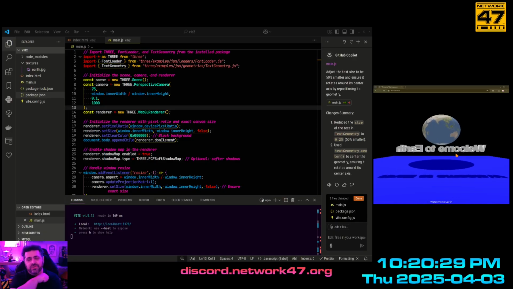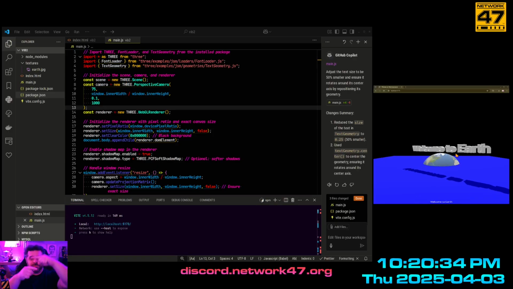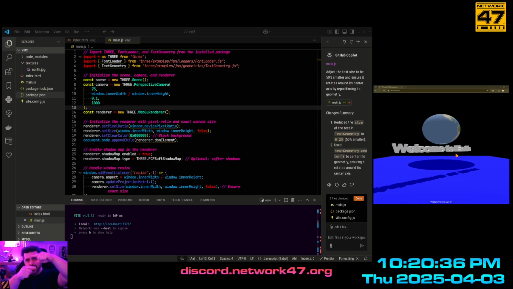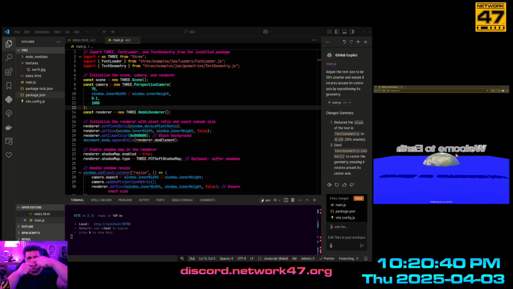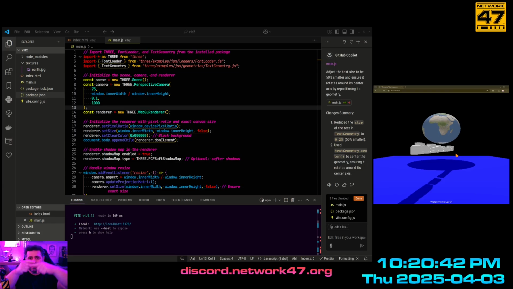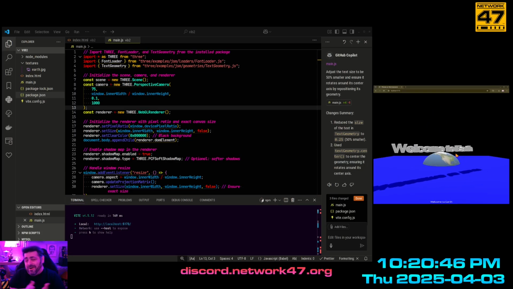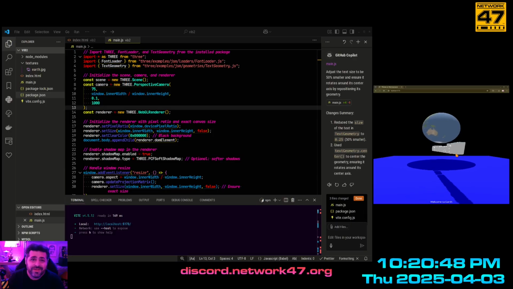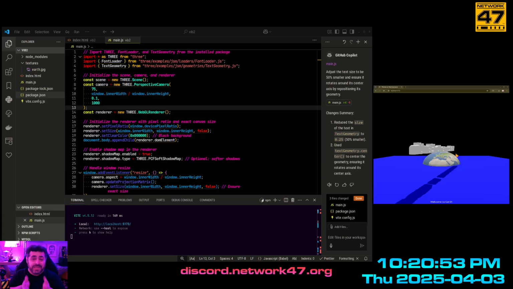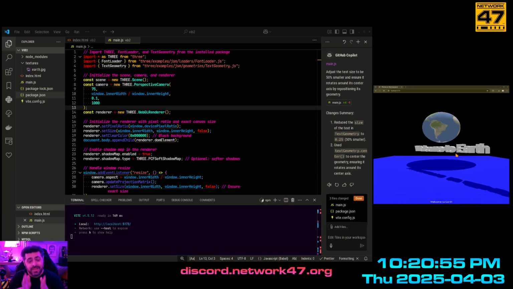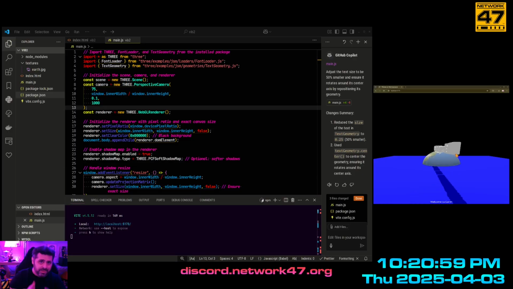And at first it tried to do it with CSS, and it actually did something kind of cool. It took a square, a div, in the center of the screen, and it ended up using scaling to go up and down, which gives the illusion of a cube doing this. All right, that was clever. I thought it was fucking clever, and I was like, all right, that's not what I wanted. So I said, I don't want to do this with CSS. I want to do this with a 3D canvas.